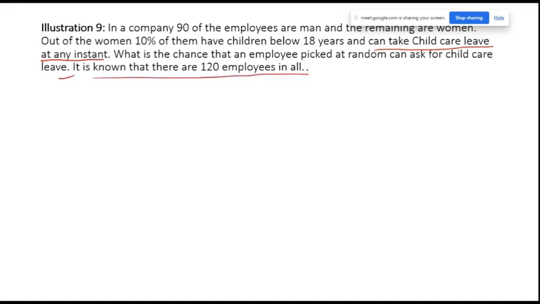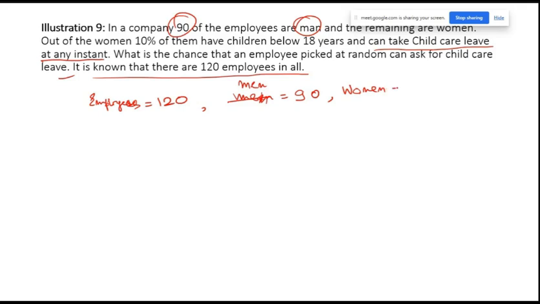There are 120 employees in all. Now, who can take child care leave? That person should be a lady. So the total number of employees is equal to 120. Men are 90. Women: how many? 120 minus 90, that is 30. Okay, 10% of the women have